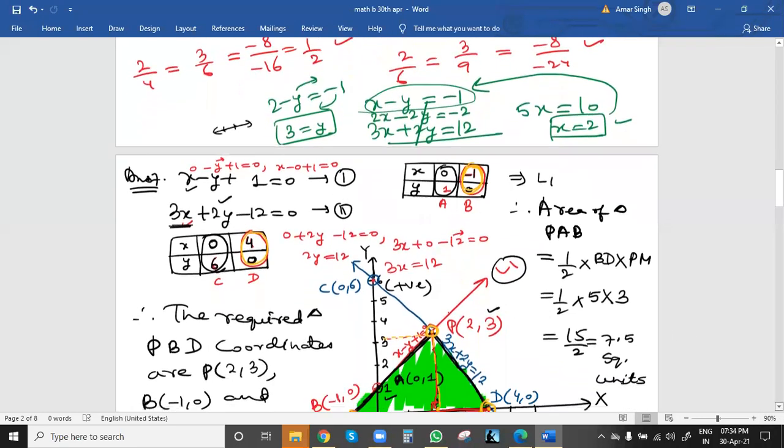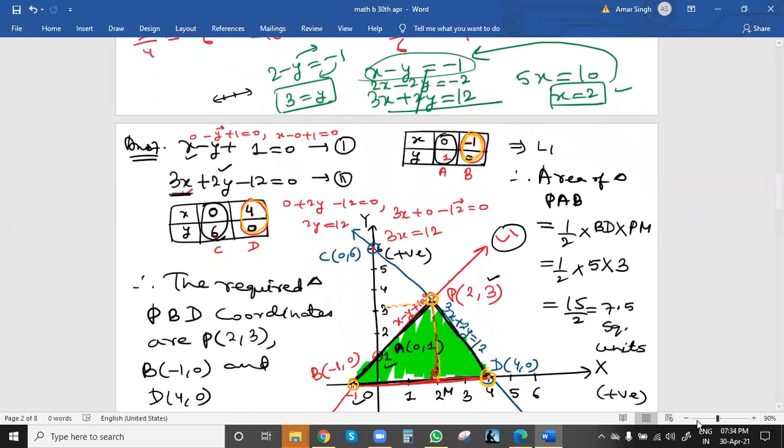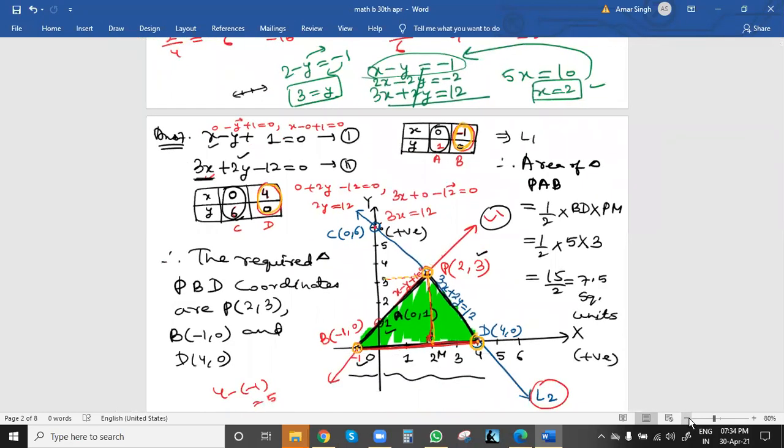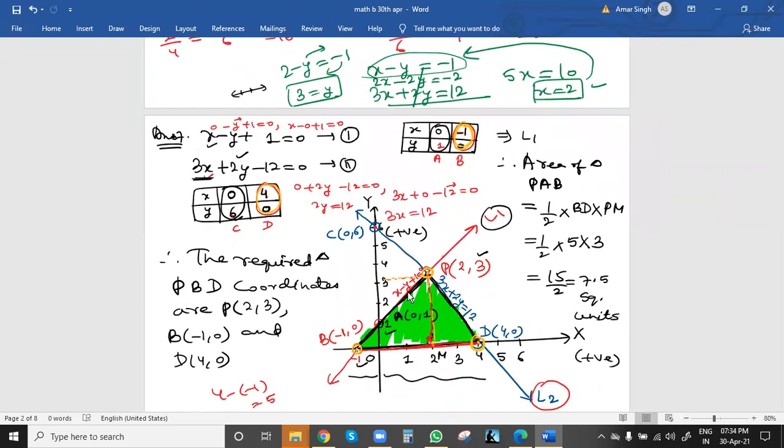And from the graph also we get, because we have proper scaling, meaning equal gaps, then (2, 3) is it. These are the 3 coordinates only: P, B, and D. 2 points we can plot from the graph, and B and D we already know. Got it? Also we can solve the equations to get the x and y values. Solving means finding the intersection point, that is P point.